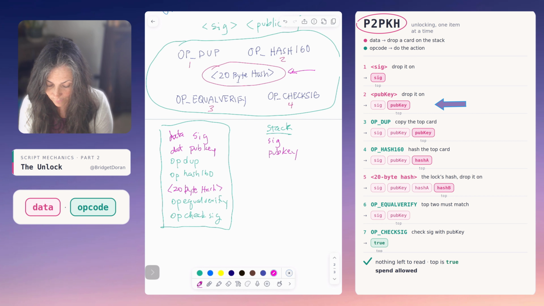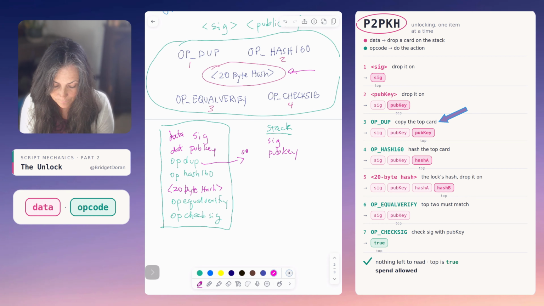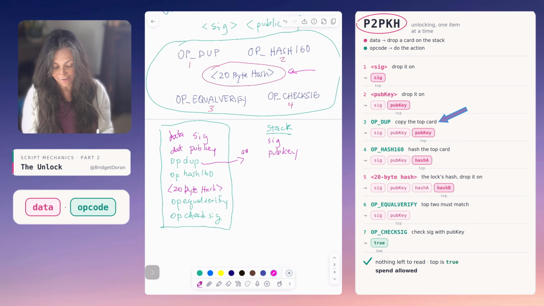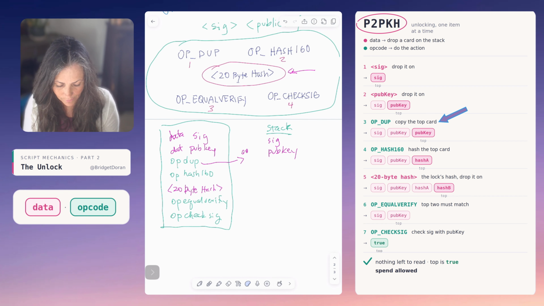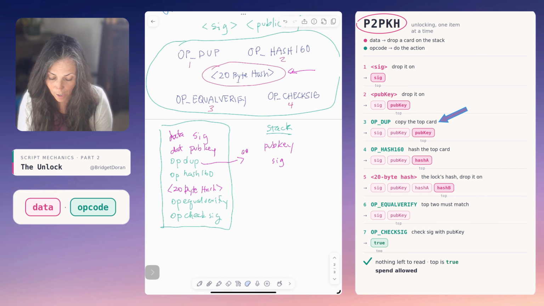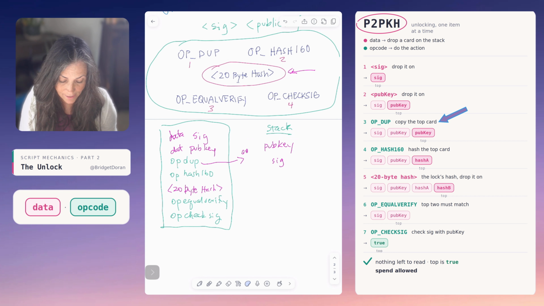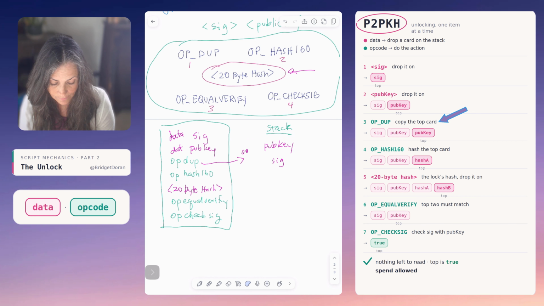And what's next in our recipe? Oh, it's OP_DUP. So what OP_DUP does is it looks over onto the stack and it looks at what's at the top. And I see I put these in the wrong order, so I am going to repair that. So the OP_DUP looks over at the top of the stack and it duplicates it. So let's move that down, and we are going to